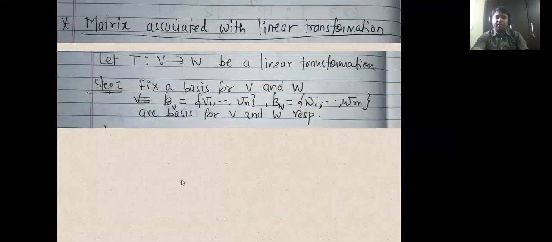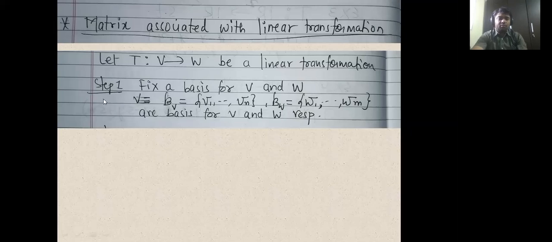So now next is the matrix associated to the linear transformation. Okay, this is also very important. So how are we going to find the matrix for a linear transformation? I've written the steps here. First of all, I should have a linear transformation. T is a linear transformation from V to W. Remember that V and W both have to be finite dimensional. Finite dimensional means the dimension of V and W has to be finite. It should not be infinity. Simple in language.